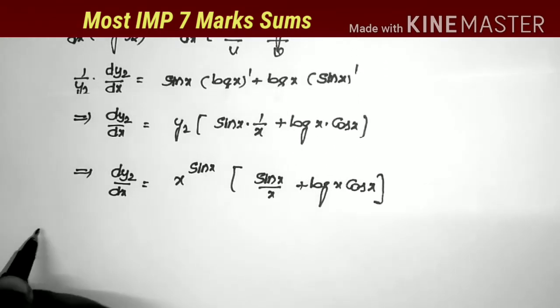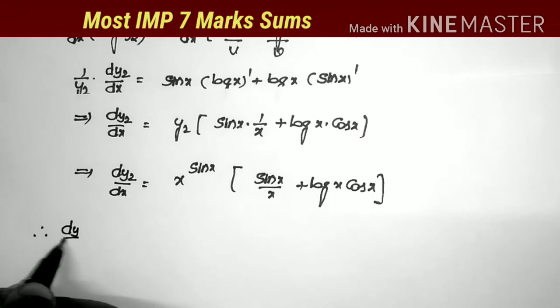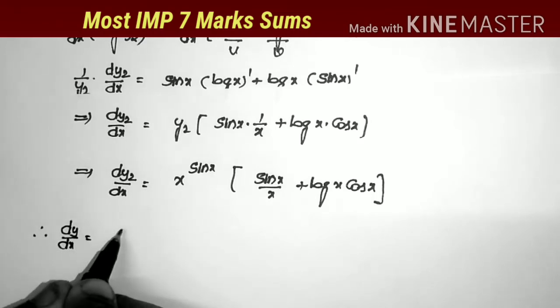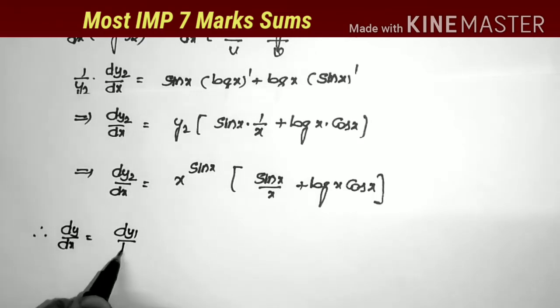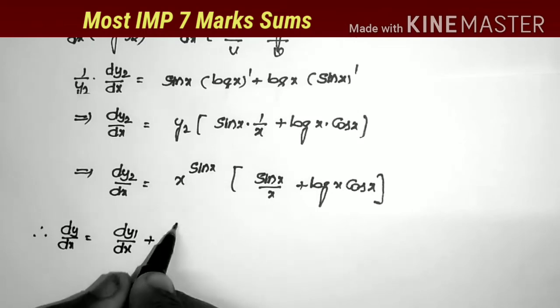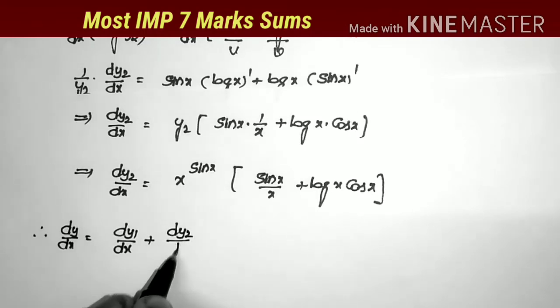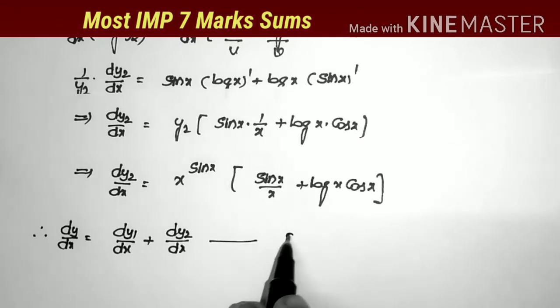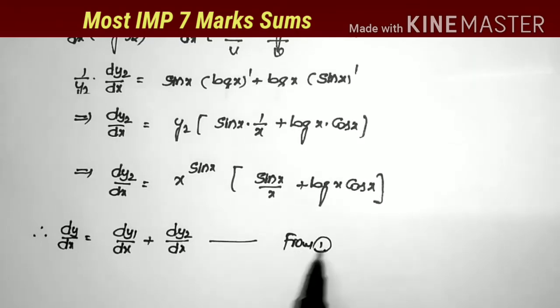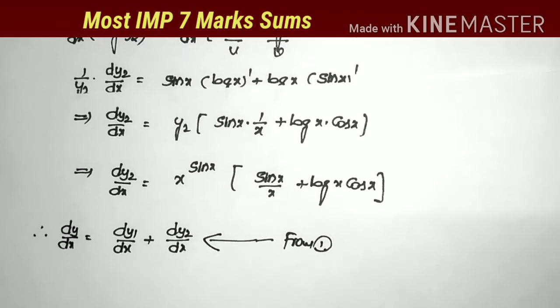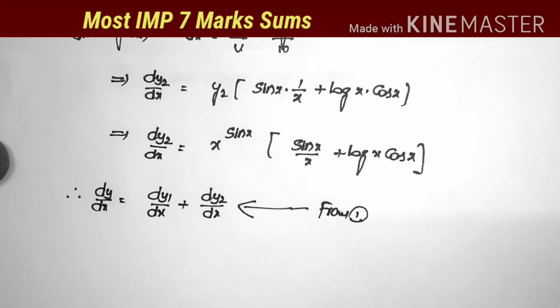Now what is the given question? We want the value of dy by dx. Now what is the dy by dx formula? Already from the first equation we have that dy by dx is equal to dy1 by dx plus dy2 by dx. This is equation 1. From equation 1 first we take this one. Now substituting the values. Therefore